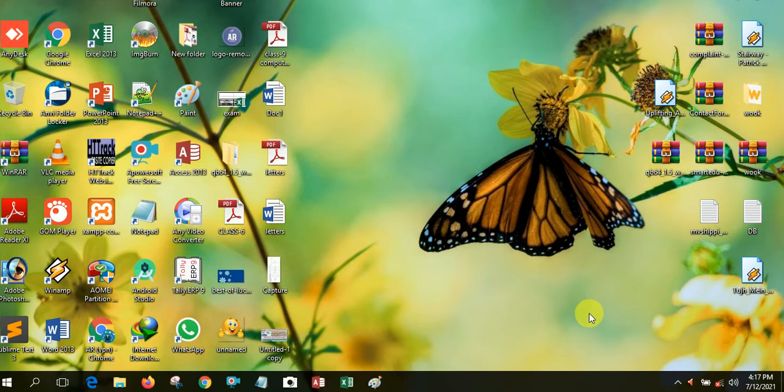Okay, so the peek button we already discussed. The peek button means suppose you have opened two or more applications in your computer system, and you want to directly show the desktop. Then just click on the peek button and you can show your desktop directly.